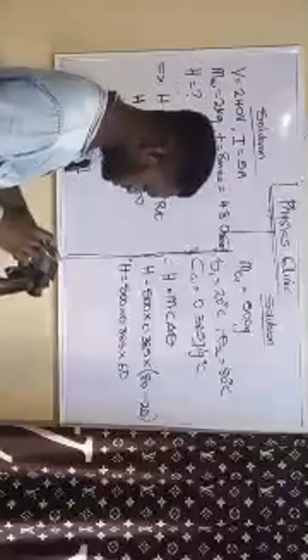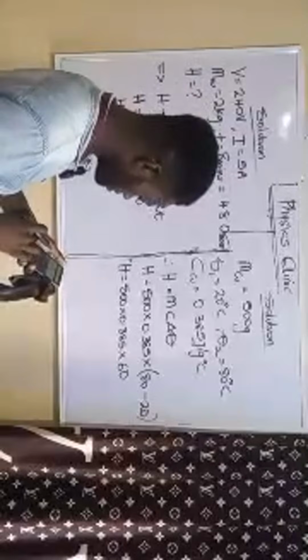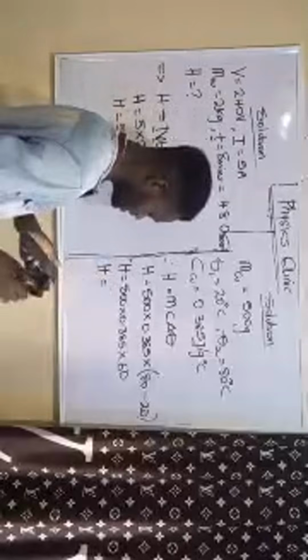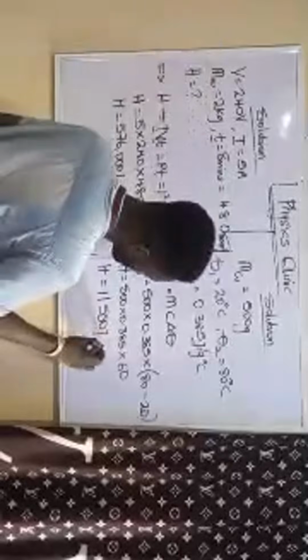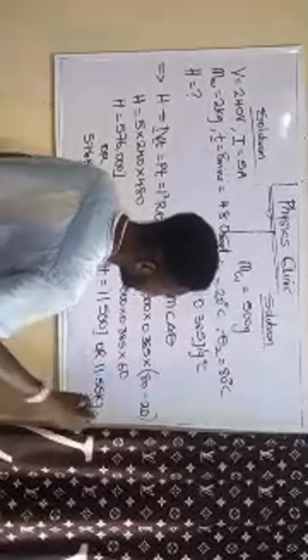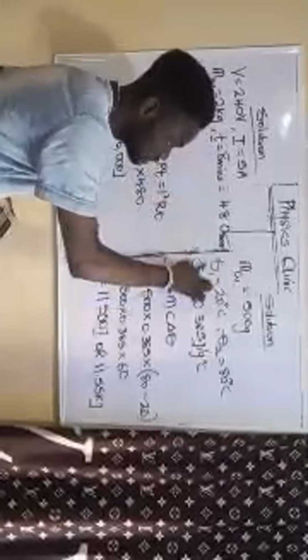Punch your calculators with me. So I have 500 times 0.385 times 60. So the heat energy is giving us 11,550 joules, or if I convert this to kilojoules, it will be 11.55 kilojoules. So this is the heat energy that was supplied to the copper when its temperature moved from theta 1 to, from 20 degrees Celsius